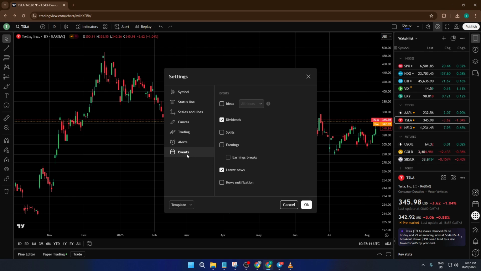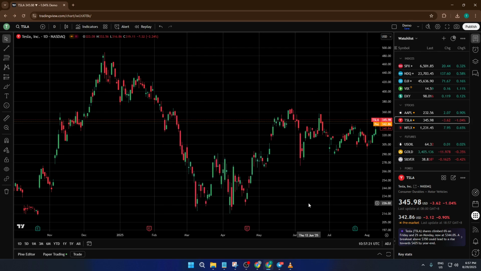Inside the Settings menu, look for the Events tab. Give that a click. The Events section lets you decide which important happenings like splits, dividends, and earnings will actually show up on your chart as little icons. For today, make sure to check the box next to Earnings. This tells TradingView to highlight when a company reports its quarterly results, which is crucial for understanding how a business